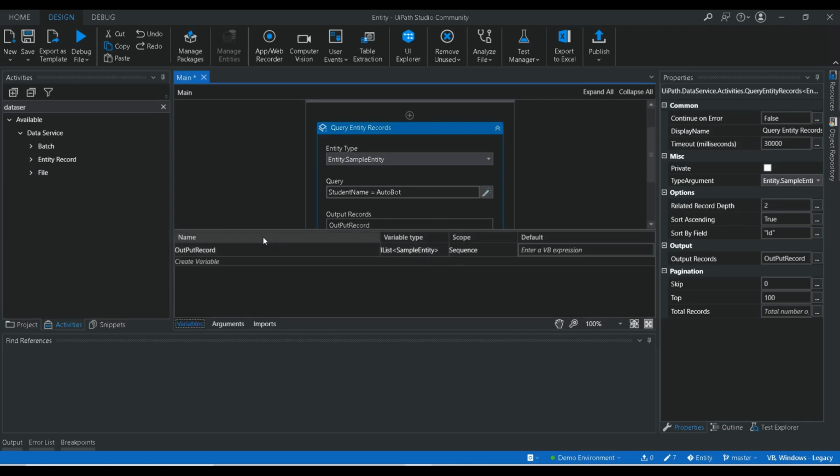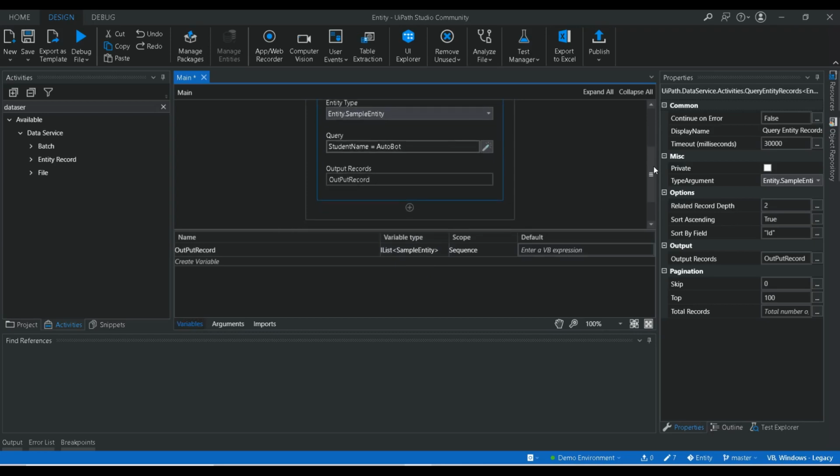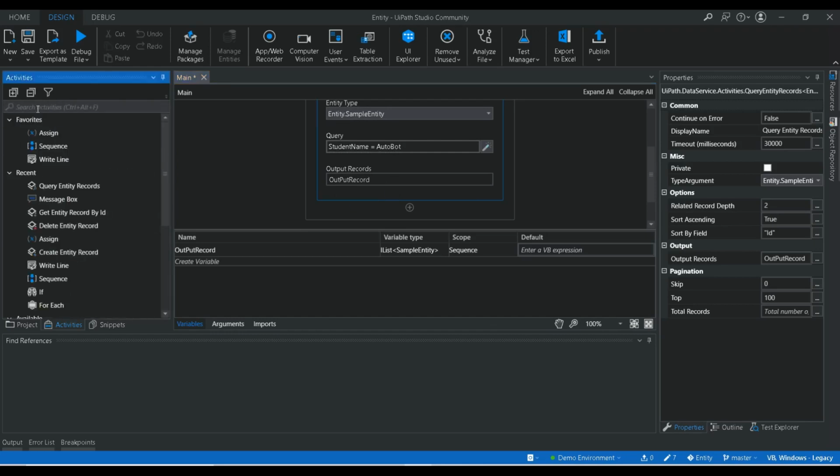Okay, so here you need to see what is the variable type for this particular output record. Okay, so this is IList, an IList of this particular entity that we have created. So this is a list, right? So in this particular output record, we'll get all the data that will meet this particular condition. Okay, so let's see how we can use this data.